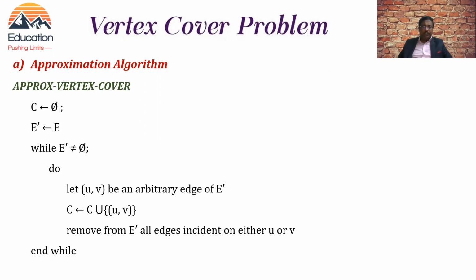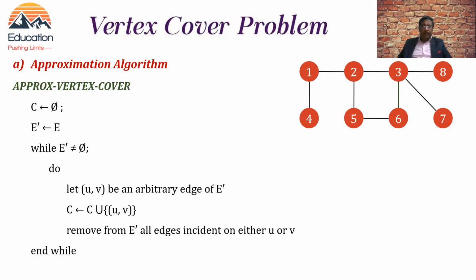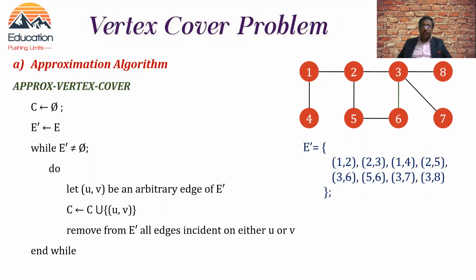Initially, we have a variable C, which holds a null value. We don't have anything as part of the set C. As per the algorithm, C is going to hold the vertices that form the vertex cover. So initially, we have an undirected graph and C is empty. No vertices have been put into the vertex cover. Next, what are all the possible set of edges? We are going to store all these edges in E dash. Until E dash becomes null,